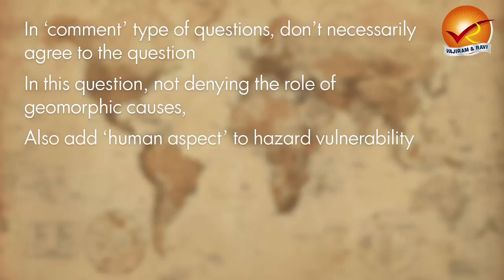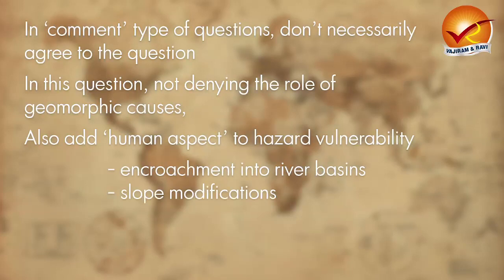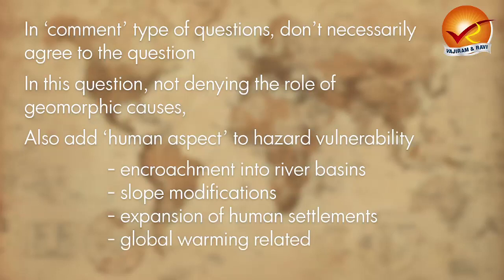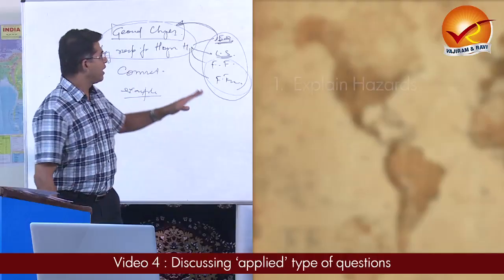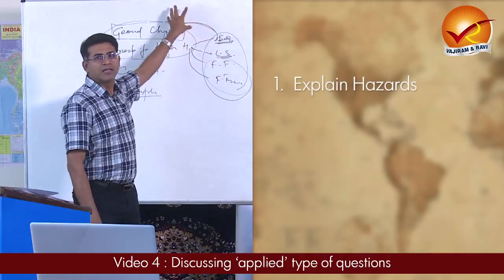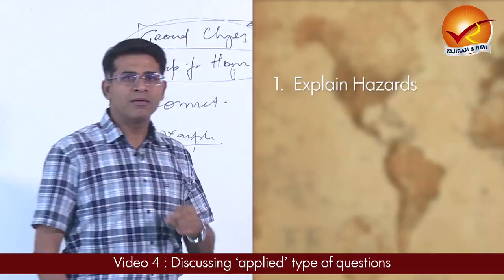The way we encroach into the river basins, the way we have been modifying the slopes, the way we have had uncontrolled expansion of settlements there, the way we have caused global warming. So the answer will be of two parts. The first part, explain, yes, agree. The second part, bring in the